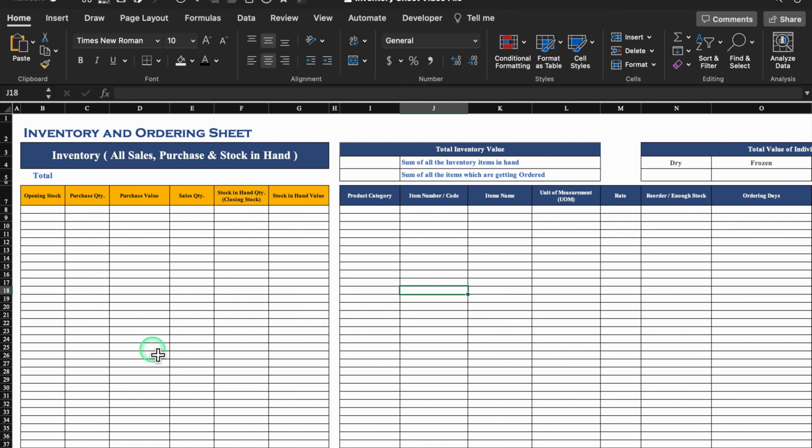This is a new sheet which I have opened. We are not going to create the formats. I'll just explain the heads. In the beginning we will have inventory, meaning all sales, purchase and stock in hand items. Over here we have got opening stock, purchase quantity, purchase value, sales quantity, stock in hand quantity meaning closing stock, stock in hand value. When we move to the right hand side, over here we have got product category,